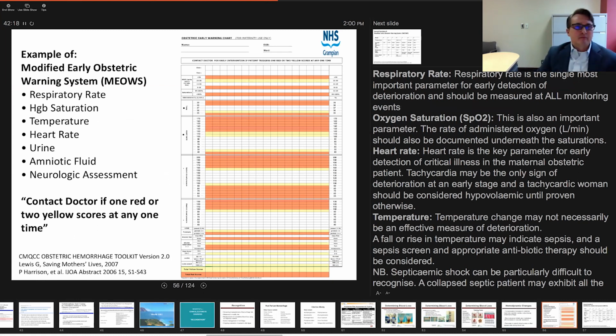This is an example of a modified early obstetric warning system. The abbreviation is MEOWS, and it is put out by the National Health Service in Great Britain. This is just an example here, and I don't necessarily expect you to be able to read it. I just want you to get the idea that